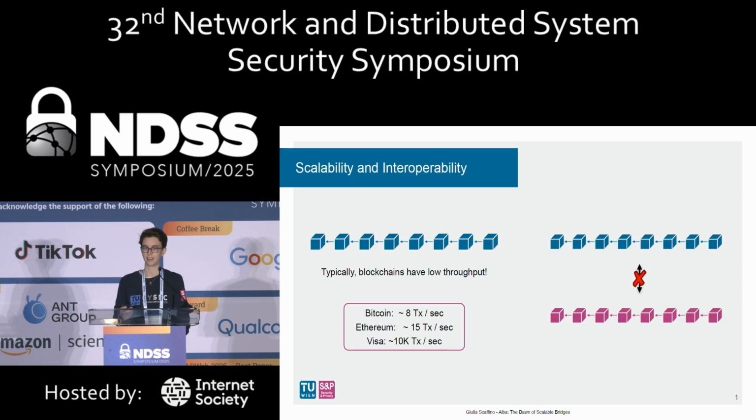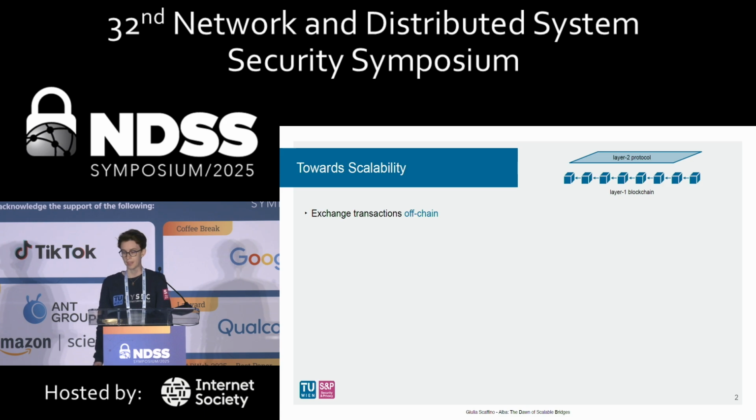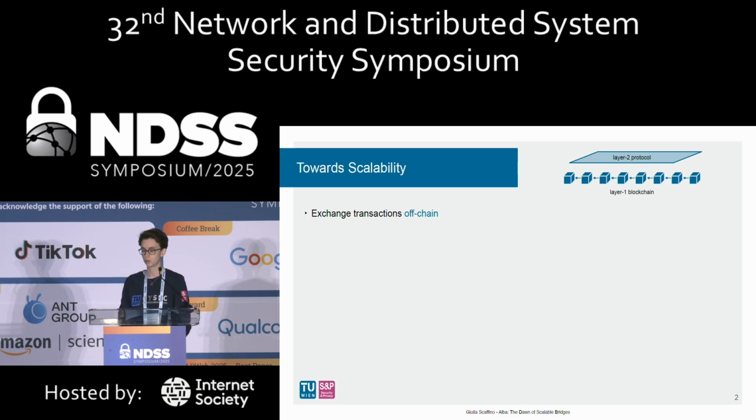So by design, blockchains are not interoperable. They are isolated systems, and there is no native mechanism that allows information to flow from one blockchain to the other. The research community has spent quite some time and quite some effort towards improving scalability, and today there are